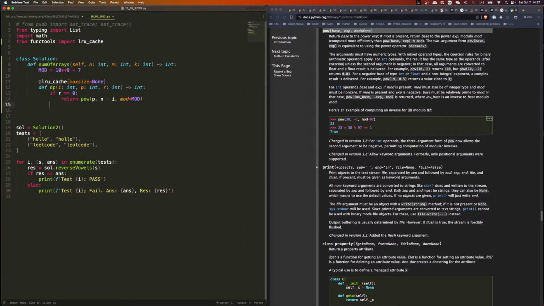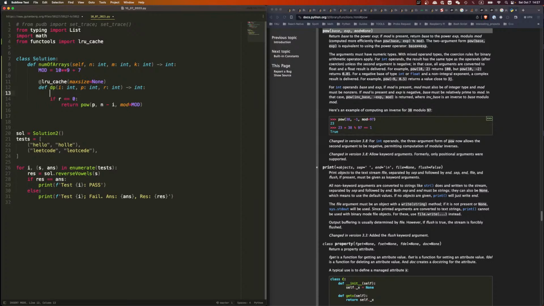The limit on p is if p exceeds m. We can make sure p does not exceed m. Basically, we say if p goes beyond m, if p is larger than m,